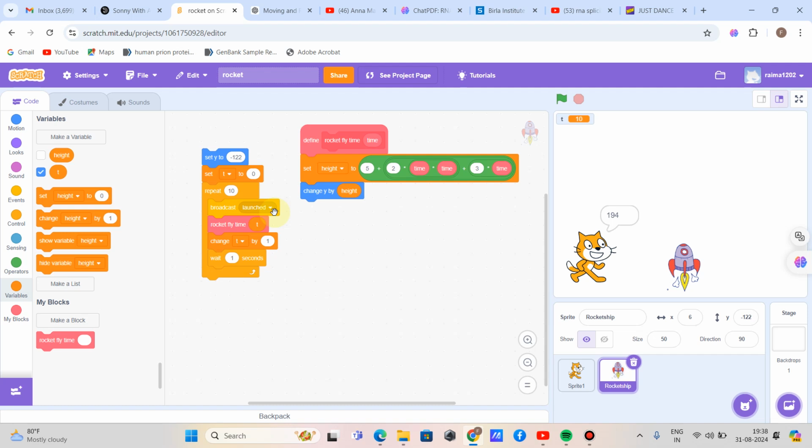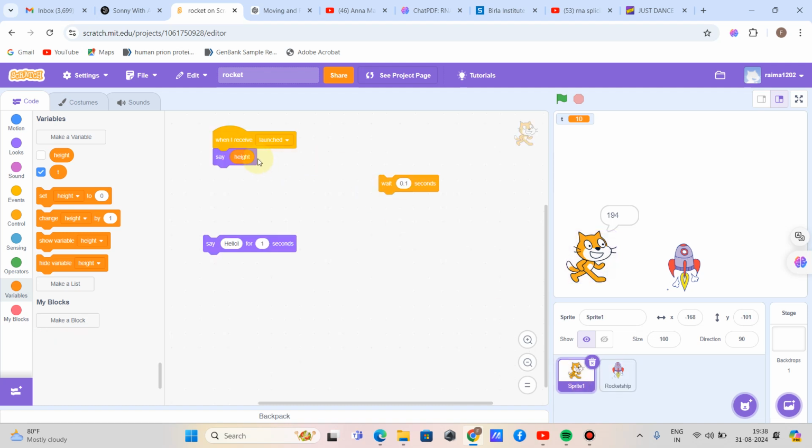So the question arises why I use the broadcast inside the loop and not outside the loop at the start itself. Because I programmed the cat to measure the height only when the rocket has launched.